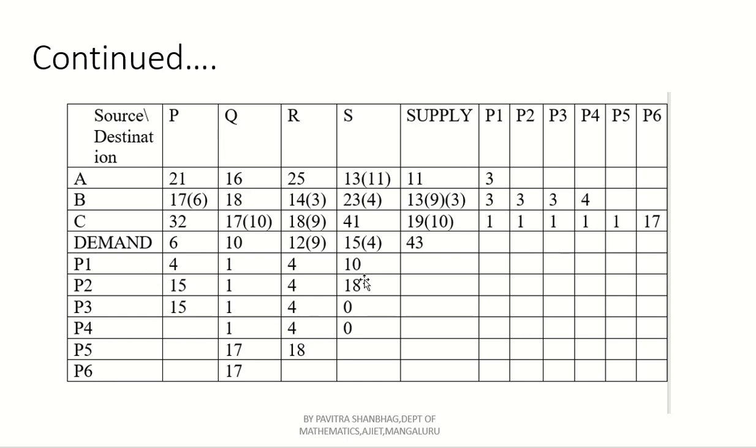What you will get? Which is the maximum penalty? You have to check. What is the maximum penalty here? 4, 1, 4, 10 and 3, 3, 1. So maximum penalty is for here 10, right? Now you have to mark it as an upper arrow or you mark it as a dark.